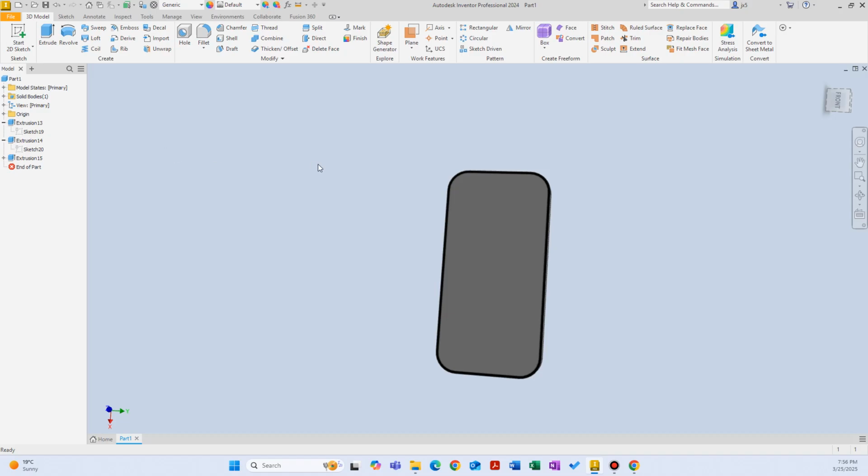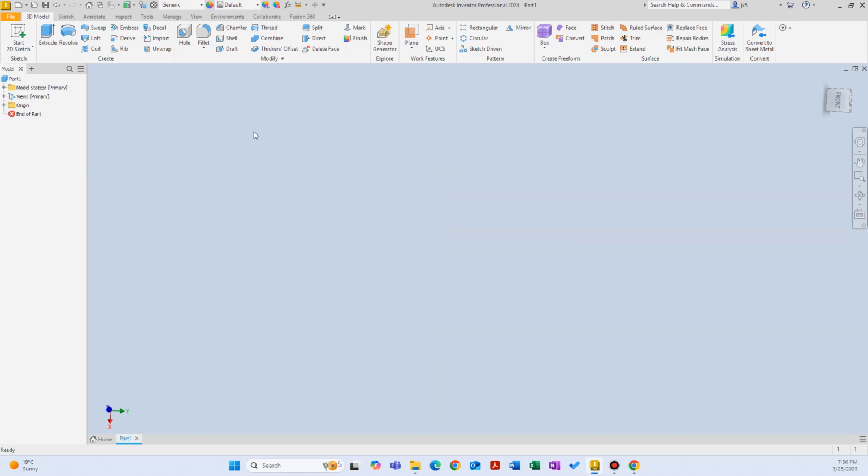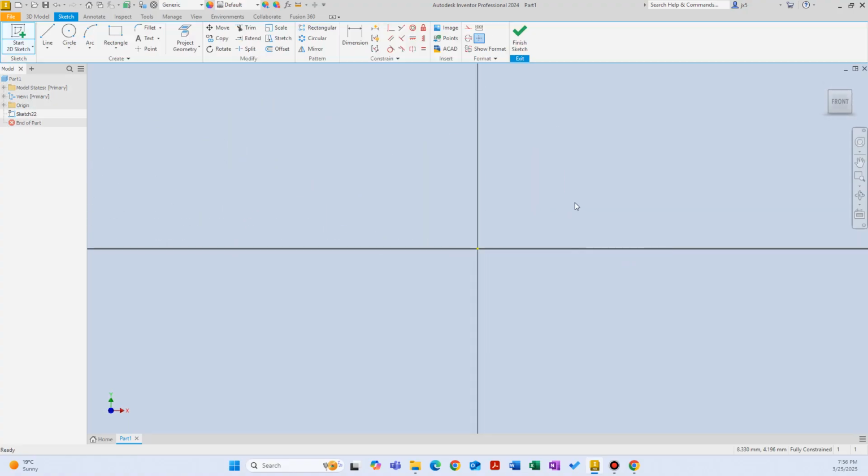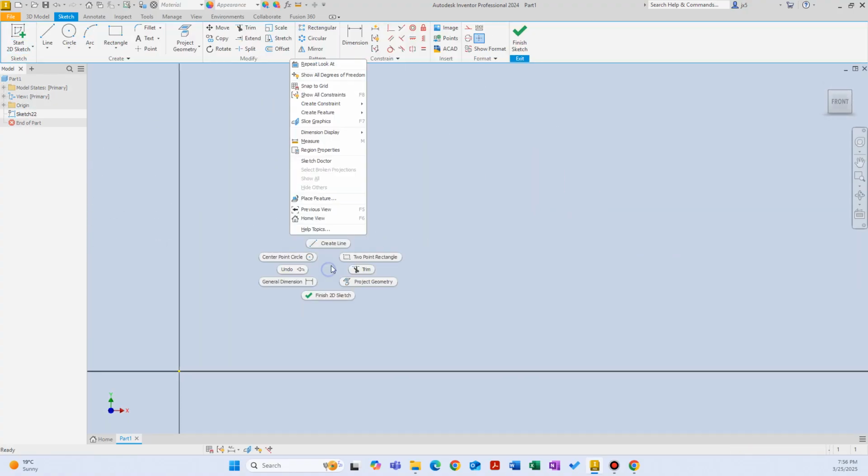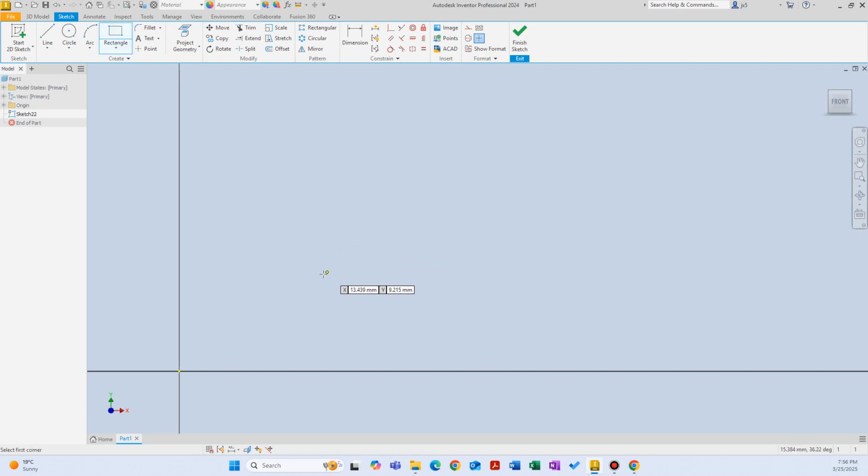But basically what we covered is we used a rectangle. We created a rectangle, we assigned length and width to the rectangle, and we extruded that. And then we used arcs. So let's delete all of this and talk about some of the cool stuff that we can do with the arcs. So let's create a new sketch on the XY plane and move it here and click on two-point rectangle,